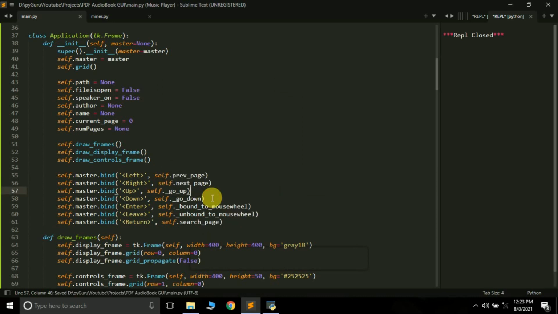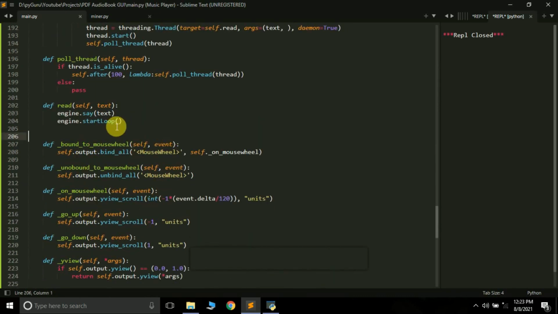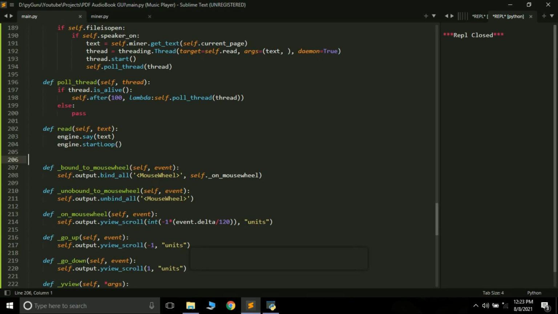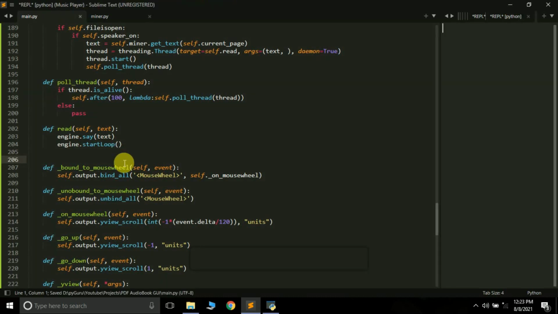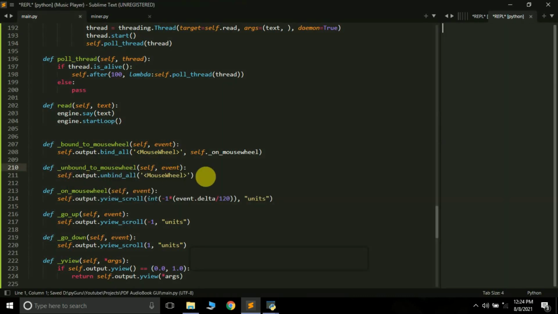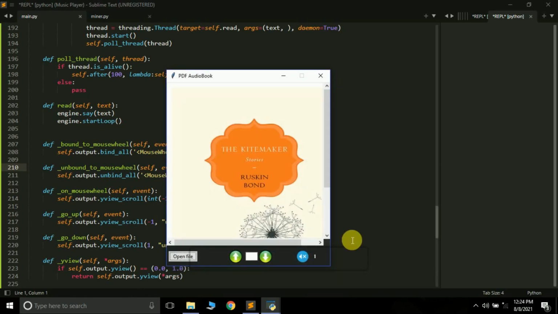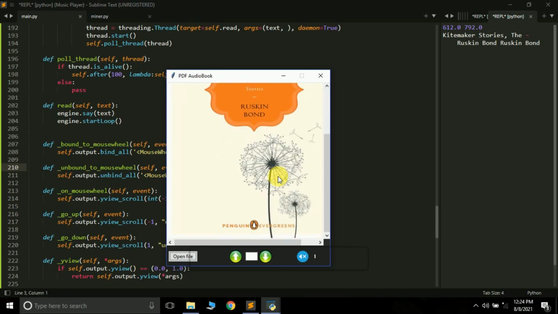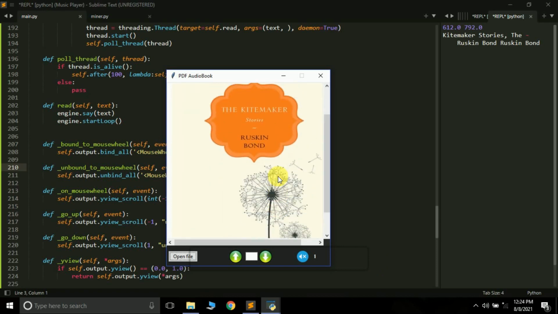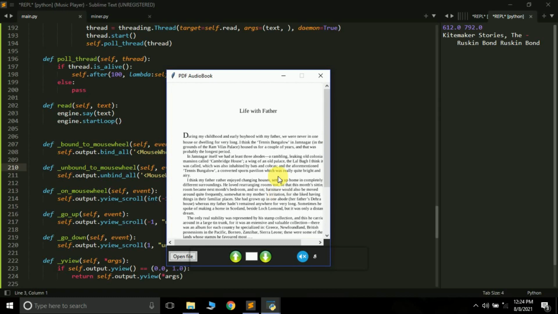Now see the thing, the class or method names that start with an underscore are private methods, while if there is no underscore in the beginning, it's a public method. So if I run this now, everything should work fine, unless I get some error. Unbind to mouse wheel, unbind. Okay, here's the thing, unbind to mouse wheel. So if I run this now, yes, see, we are able to move based on my mouse. I am also able to move the page up and down based on the up or down key. Also able to change pages, and also I should be able to read the file.